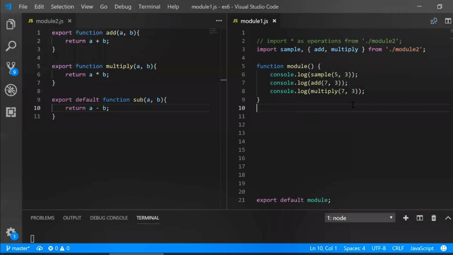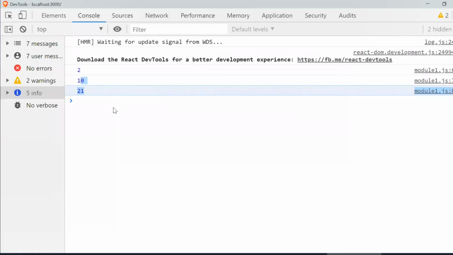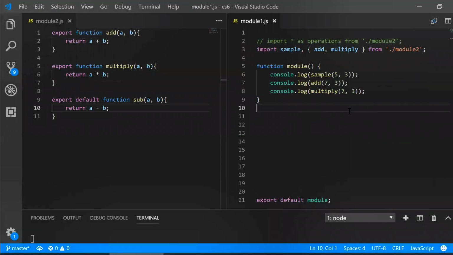And so now we will see the console first. Yeah. So 2, 10 and 21. Yeah. So I was telling about the gist, guys. The gist is, in a file we will have only one default export, and that default export can be imported into another file using any name.